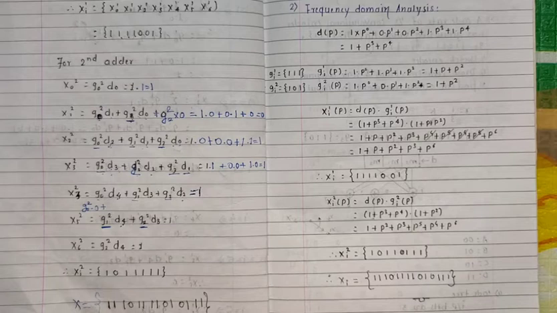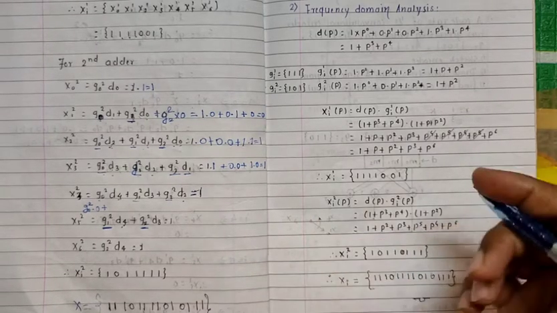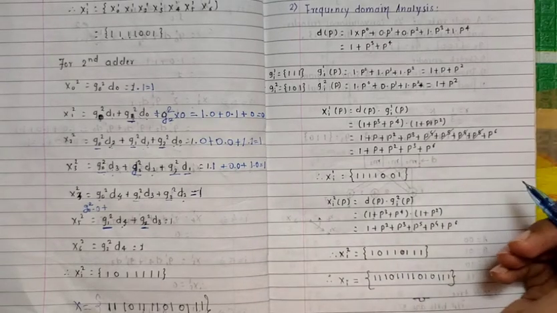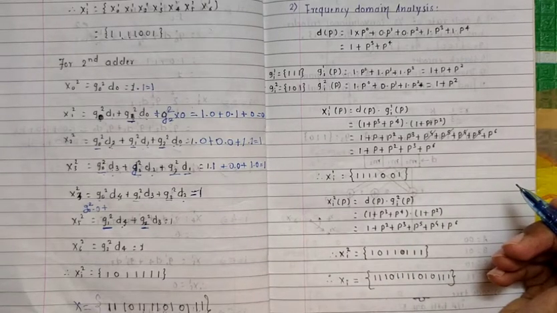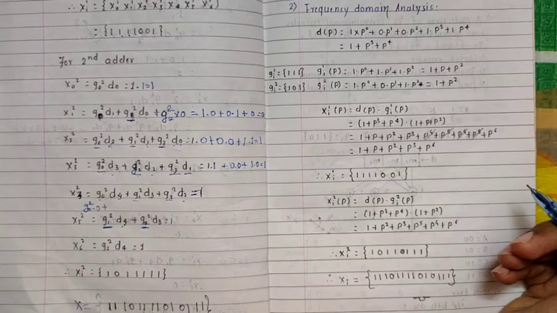So let me tell you once again, the example is the same. So for the same example, as we have seen in my last lecture, we are going to find the output code word but by using frequency domain analysis. So what we are doing in the frequency domain analysis is converting all the inputs into their polynomial equations. As we have seen in the cyclic code, we know how to convert any binary sequence into